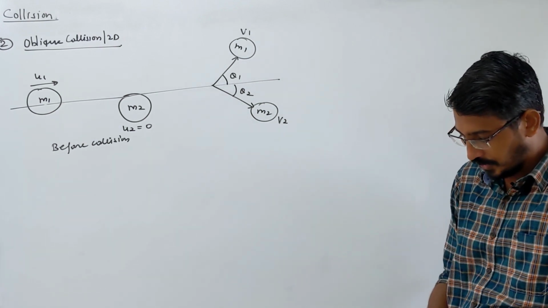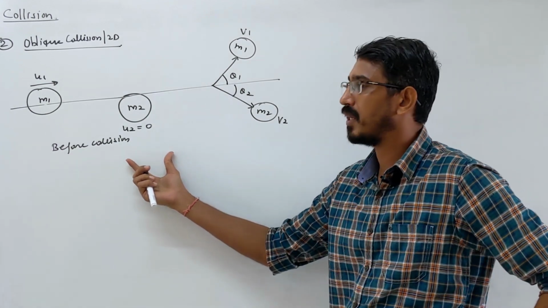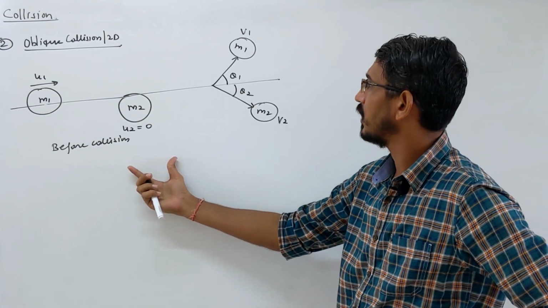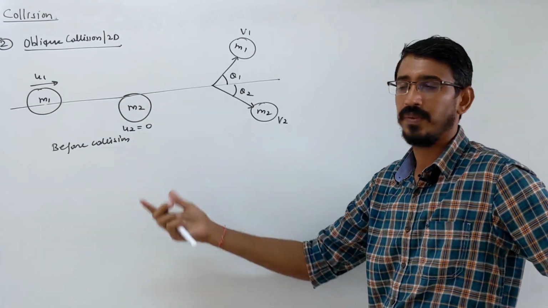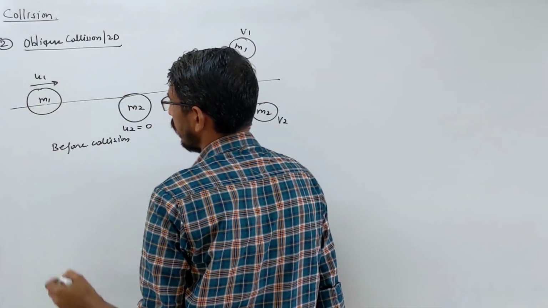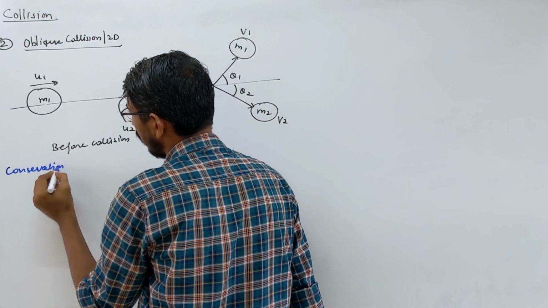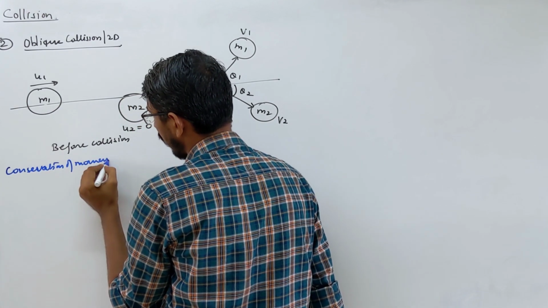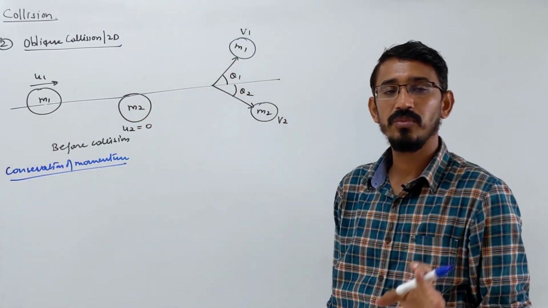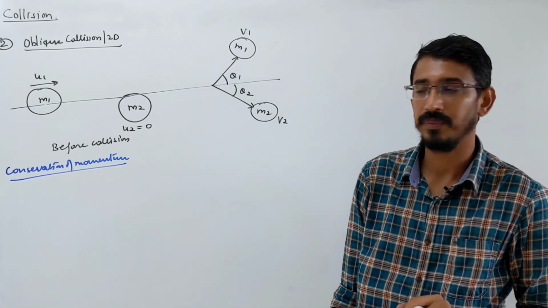So what will change here now? The rules will be the same. For our syllabus we have both elastic and inelastic collisions, and the elastic one is simpler. So you write the same rules. First you write conservation of momentum. If it is elastic, then you write conservation of momentum and kinetic energy both. In inelastic, you write only conservation of momentum.